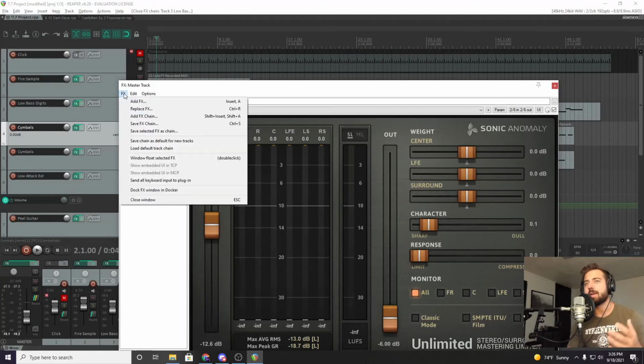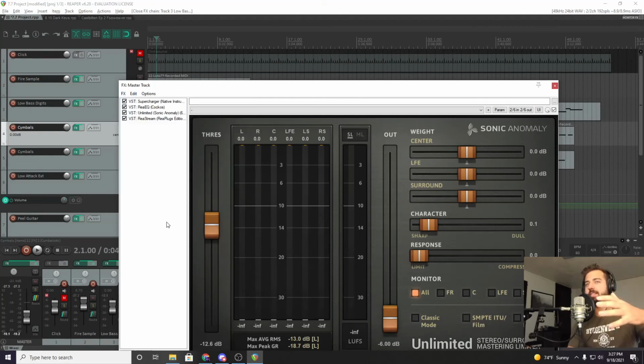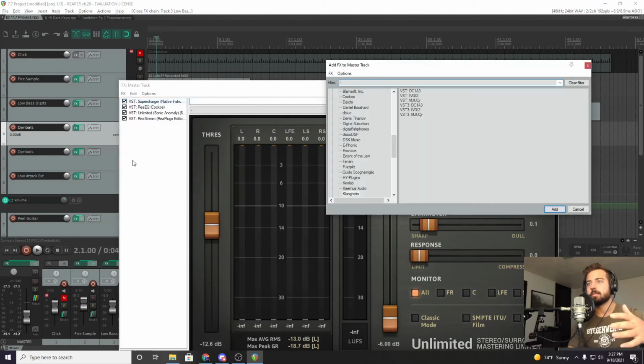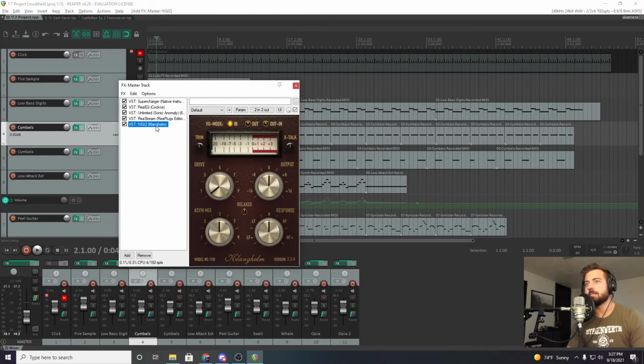One other thing I use for mastering, a lot of times I export the whole track as an MP3 file, then I'll put it in a new project, and once it's in the new project, I can look at the waveform and make some decisions based around that. But I like this Klanghelm suite. They have a lot of great free mastering VSTs, and here I like this IVGI2. It's just good for mastering. You can add some drive, you can trim. If you have stereo stuff, this crosstalk becomes useful. You can increase or reduce the output. This asymmetrical mix lets you see how much you want the tool to color the mix.